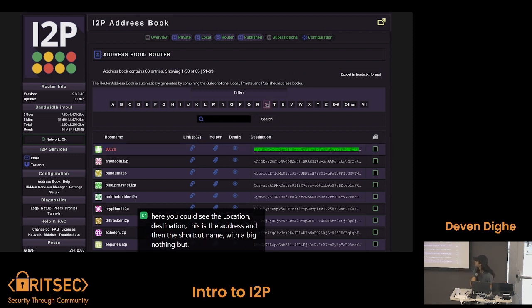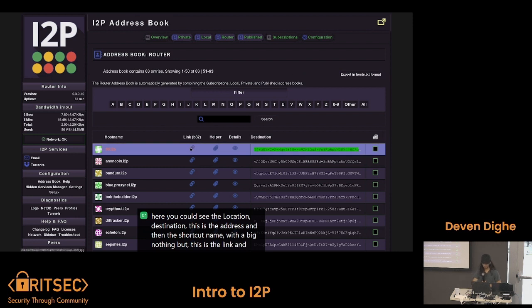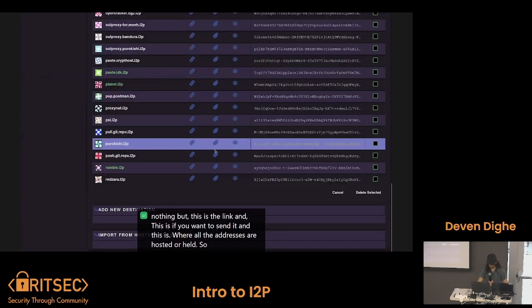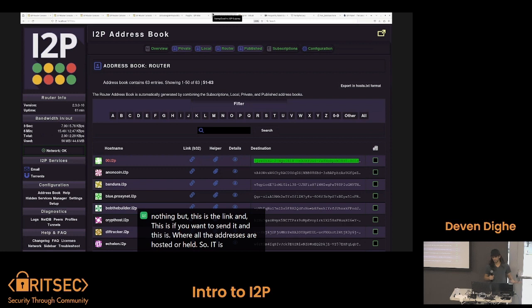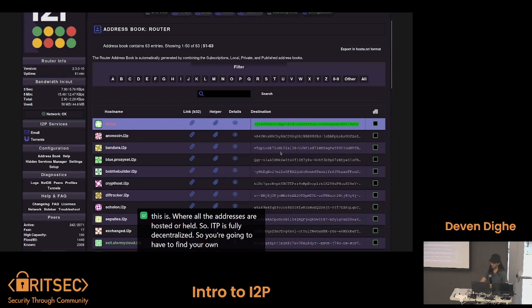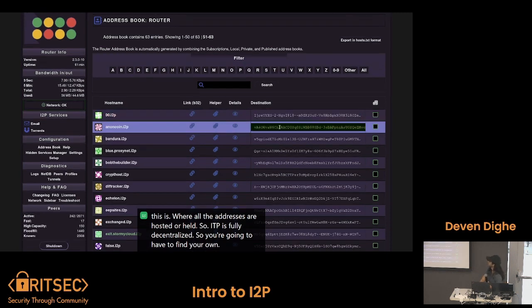This is the link, and this is if you want to send it, and this is where all the addresses are hosted or held. So I2P is fully decentralized, so you're going to have to find your own site location. So this is X32 or 64, something like that.